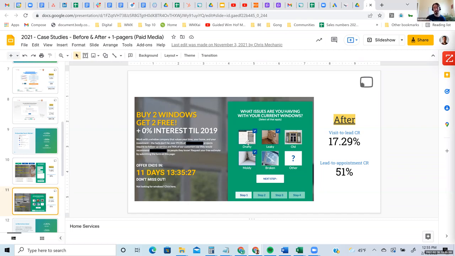Because we were starting this experience by meeting that user where they are, right? They've landed on this page because they have a problem with their windows and they know they need to get them fixed. So instead of saying, hey, give us what we need, and then we'll contact you, or a sales rep will hound you, we are meeting them empathetically by saying, hey, what's wrong with your windows, right? That's where they are, and they know that they need to solve it. So we're guiding them through that journey. Those are just a couple of examples. Let me know if that's helpful.